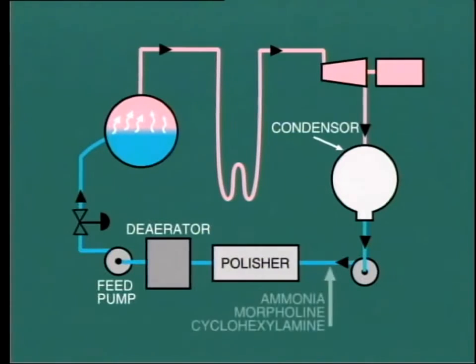A chemical such as ammonia, morpholine, or cyclohexylamine is fed continuously into the condensate system, and this passes right through into the boiler. Once in the boiler, the material vaporizes and passes over with the steam through the turbine to be condensed into liquid once again in the condenser. This material circulates through the steam and water cycle, with makeup being added continuously. The effect is to raise the pH value of the water to protect against acidic corrosion in both the pipework and the boiler. Clearly, from our discussion here, we can see that boiler water conditioning is often a compromise, and